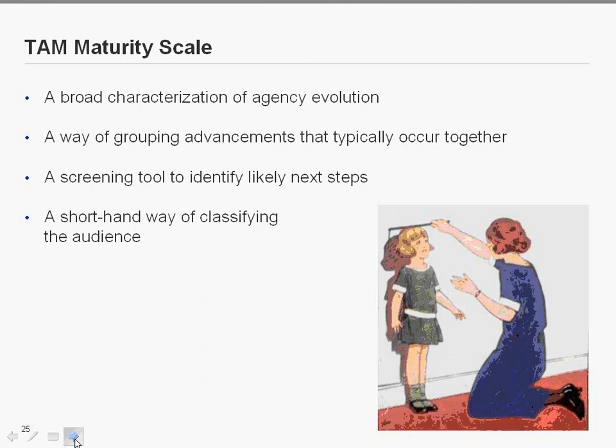And so the maturity scale is just a way of looking at how agencies develop along several different dimensions in order to pull together what points on each dimension tend to come together as agencies advance. So you can think of it as kind of a screening tool. It's really just to help you understand where you are and to know whether particular types of new techniques are appropriate for you, or maybe